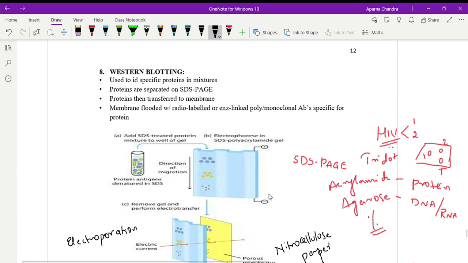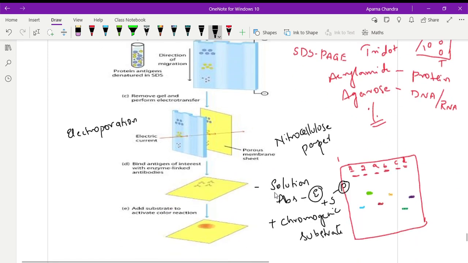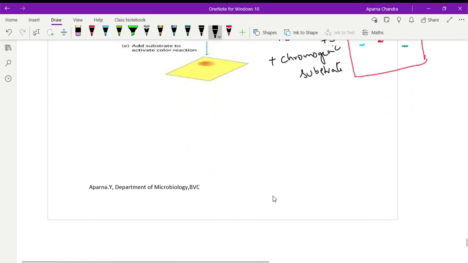There is one more technique called flow cytometry, but that will not be recorded as an antigen antibody reaction. Flow cytometry is called a cell sorting technique. Okay, flow cytometry. This is just extra information I'm telling you. This is useful for your entrance examinations. So flow cytometry is used for separation of cells.